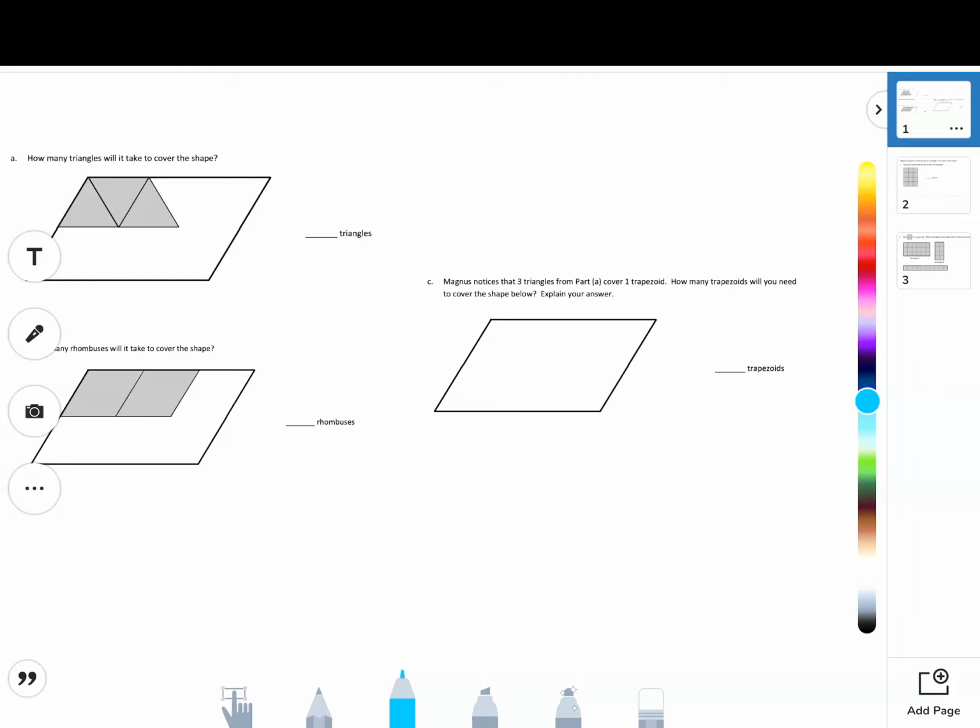So this is the answer to our Module 4 Lesson 1 Seesaw activity. Let's begin by going over the first slide. Here is our rhombus, and the question is asking how many triangles it will take to cover the shape. It has already put 3 triangles there, and by looking at the triangle we can find the pattern that it's going to be up, down, and in total